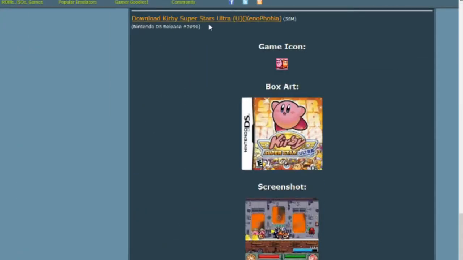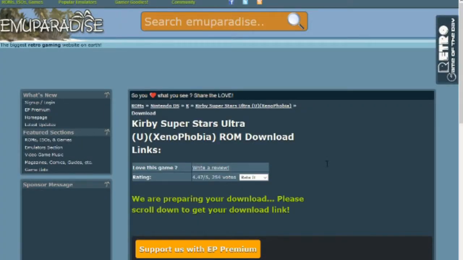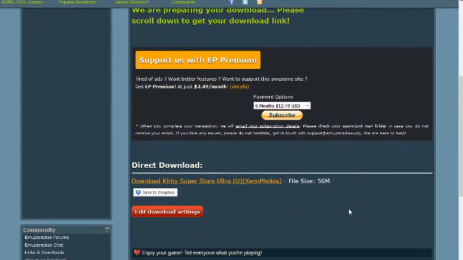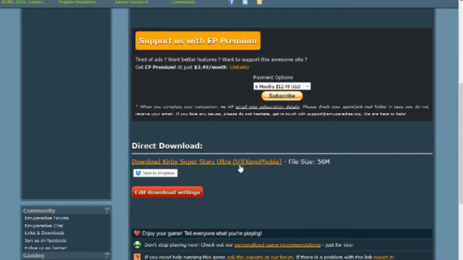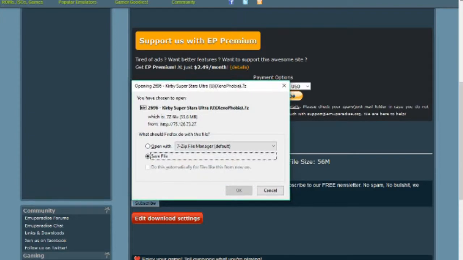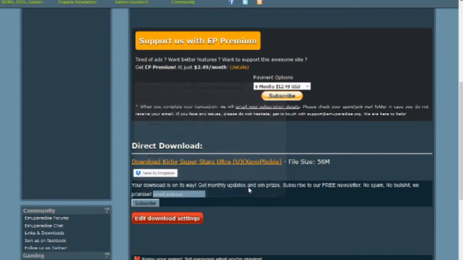You can go to the download links and then click download. It might make you do a CAPTCHA or other kind of verification. Just do that and you'll get here, then download your game. I would like to mention that it's technically illegal to download games you don't own, but you're very unlikely to actually get in trouble for that, and it's for the most part ethical because Nintendo no longer produces Nintendo DS's